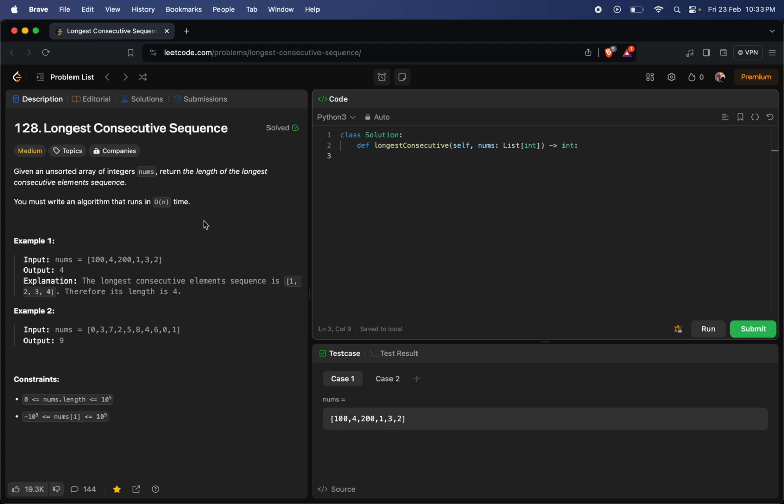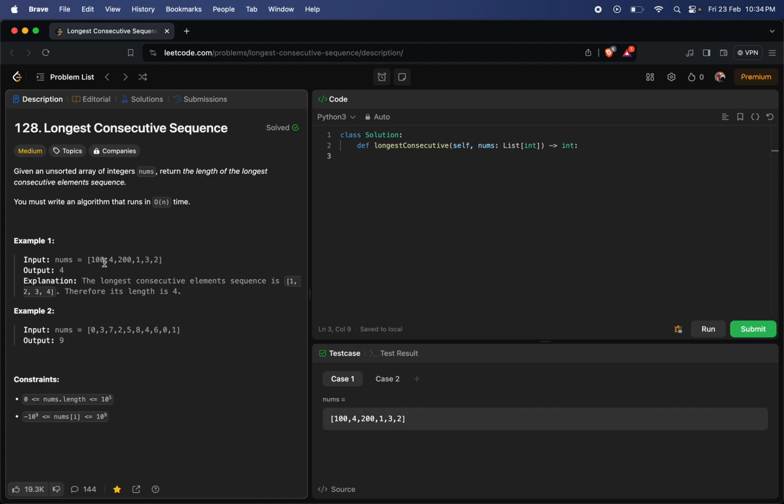So the brute force approach for this seems quite straightforward. But that will be of time complexity big O of n log n, and the way we can do that is we sort this and then we just iterate through the numbers, and whenever we see consecutive numbers we keep track of a count and keep increasing the counter, and we also keep track of the maximum value of that counter, and eventually we just return that maximum counter, and that should be